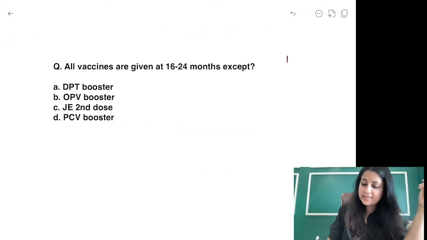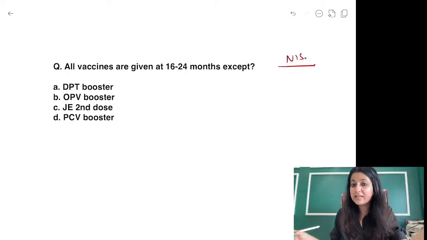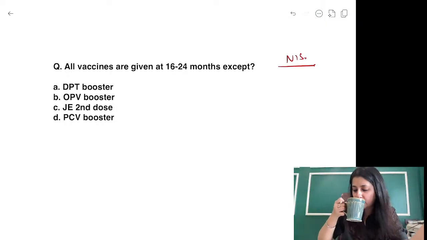Okay, let's revise NIS. What is the answer to this? All vaccines are given at 16 to 24 months except